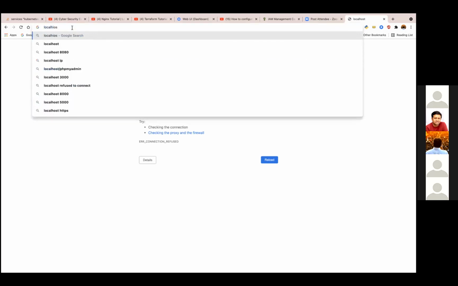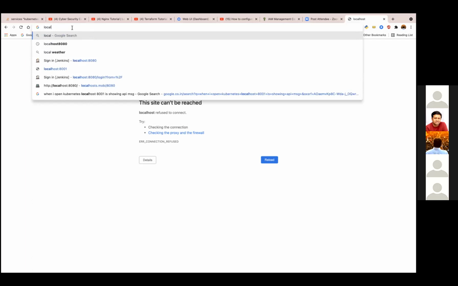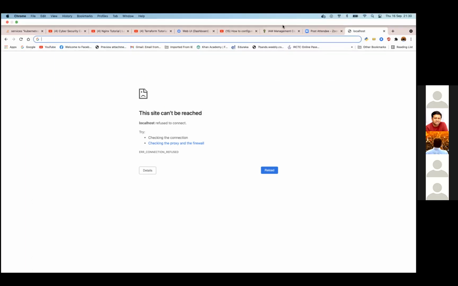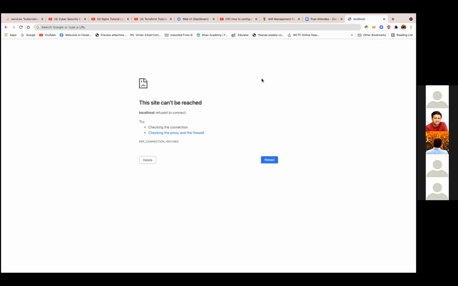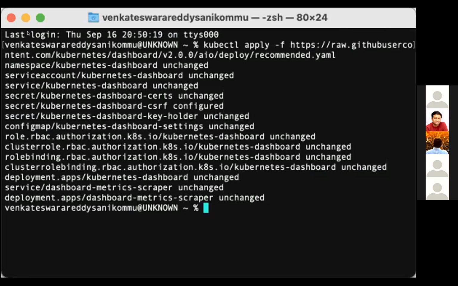Do one thing. Can you just go to your command line? Can you share the whole screen? I'll tell you. Okay, I see there's a UI which we will be able to see. Or there was one other thing that you can do. Can you type K9?